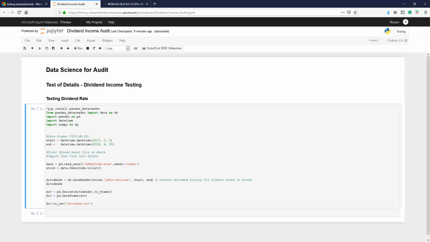So here, for example, dates. In my case, I have selected the full financial year that I am auditing, from 1st July 2017 up till 30th June. Whatever your financial year end is, you can change it here. The start date and end date are self-explanatory. Next one is,